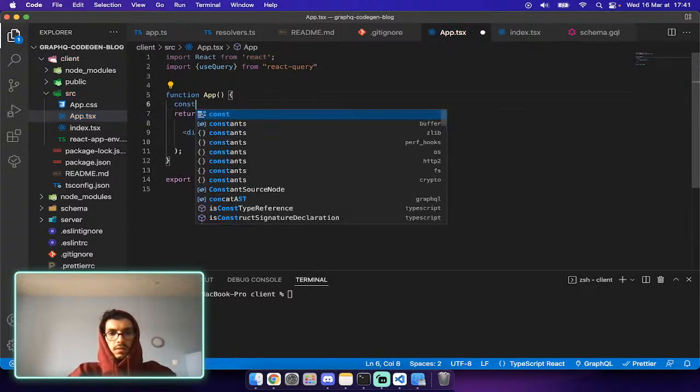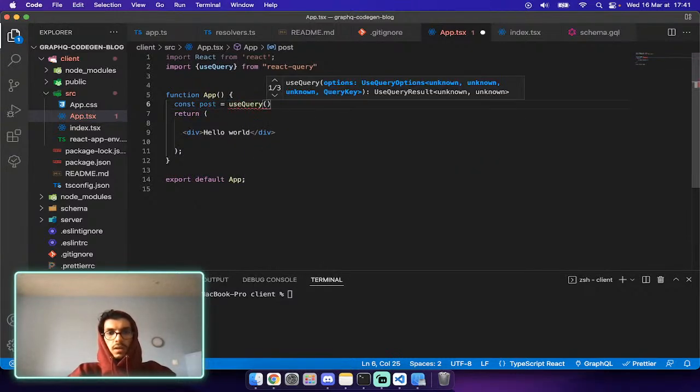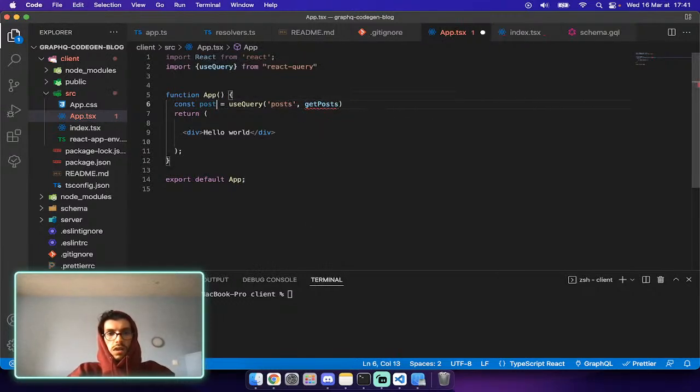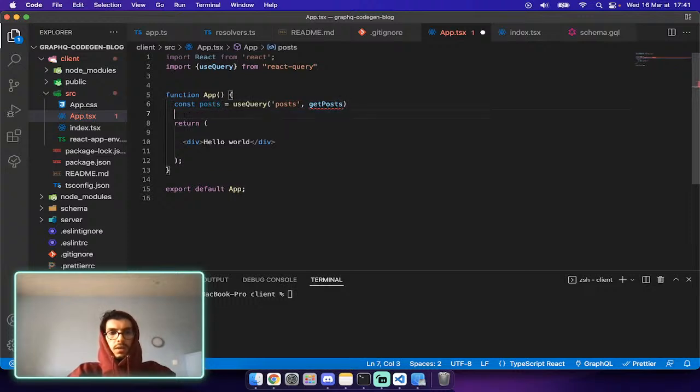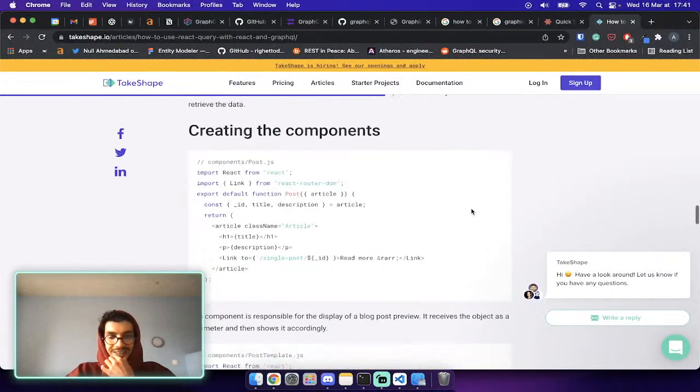And say const post equal use query post and get posts. These aren't going to be all the posts. Let's call it all posts. And the way we're defining this is